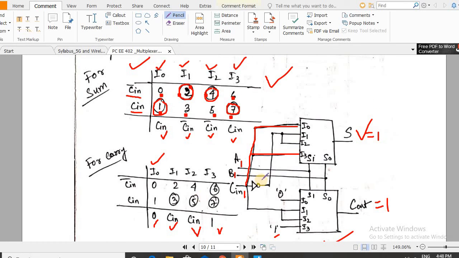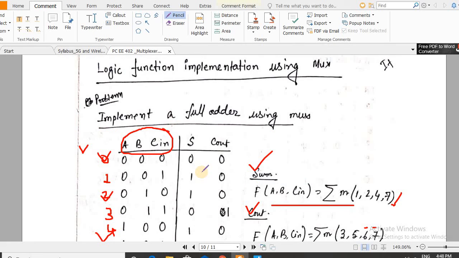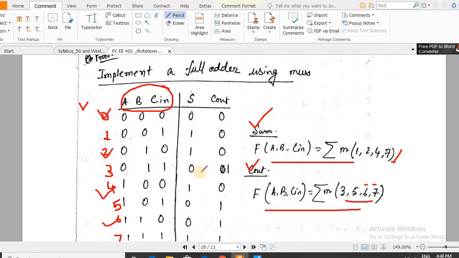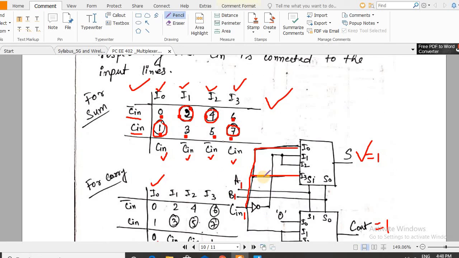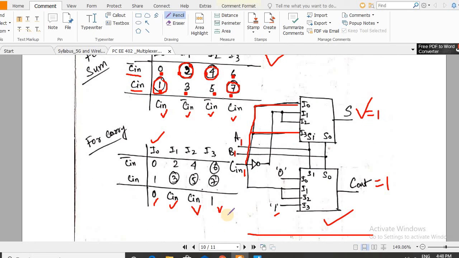Please try the full subtractor circuit: write down the truth table and the expression for difference and borrow out, then implement the same logic, same mapping process, and we can design a full subtractor circuit using a multiplexer.